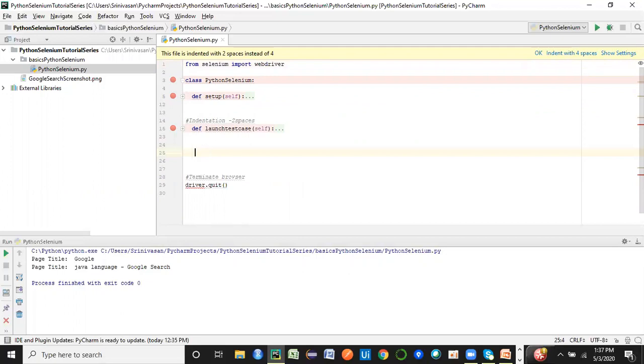So for that, I'm going to create another method called quit application. Do it this way, and you can copy this statement. So I hope till here it should be clear to you all. Right? And again, it's the same error, unresolved driver reference. So nothing to worry about as of now. We will take care of it.